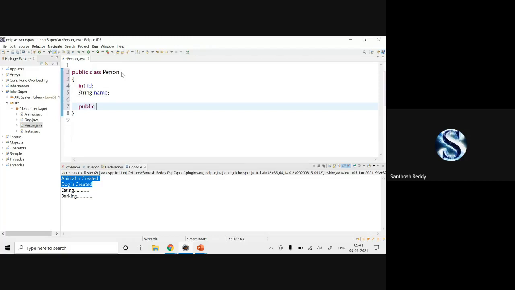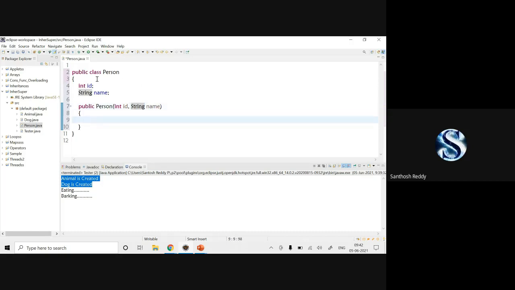So public Person, open and close parenthesis. Within this Person, now I'm going to include parameters: int id, comma, String name.